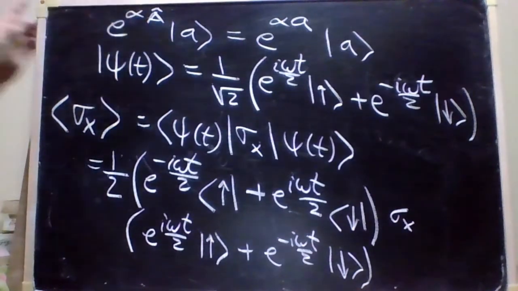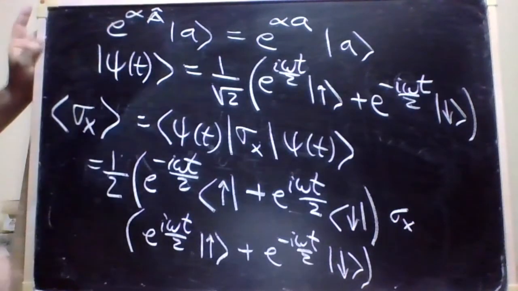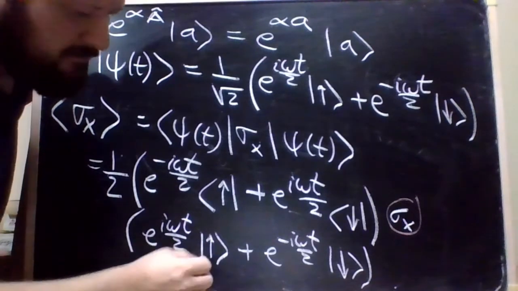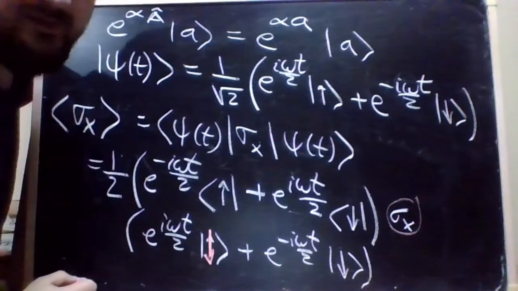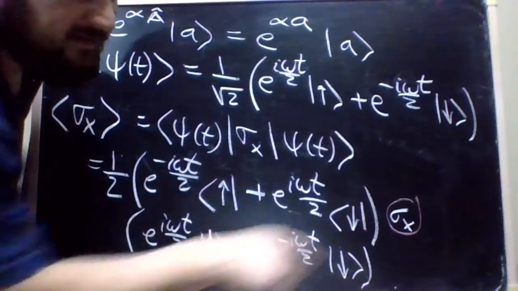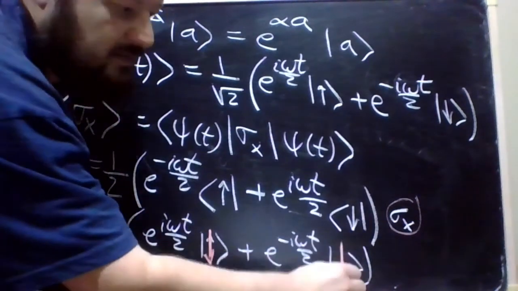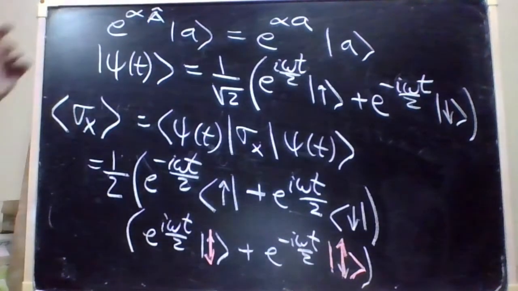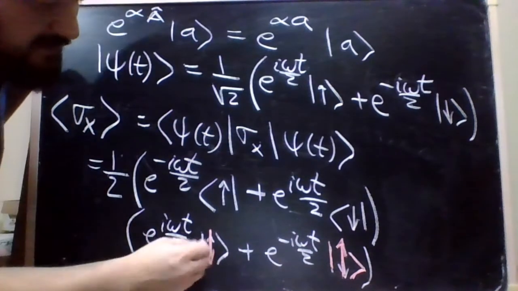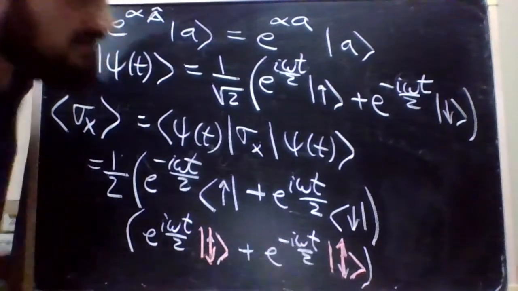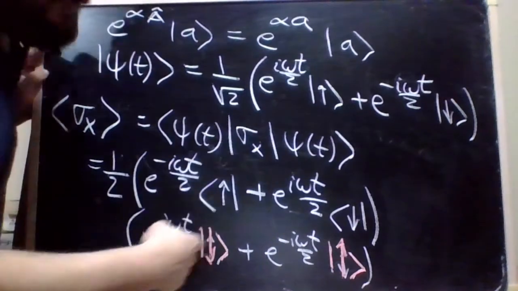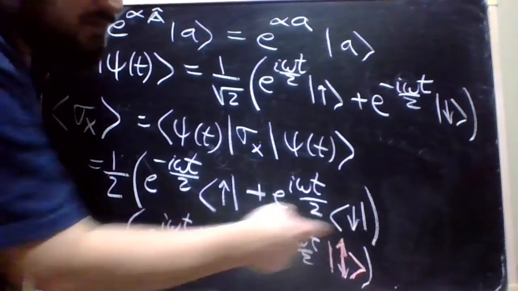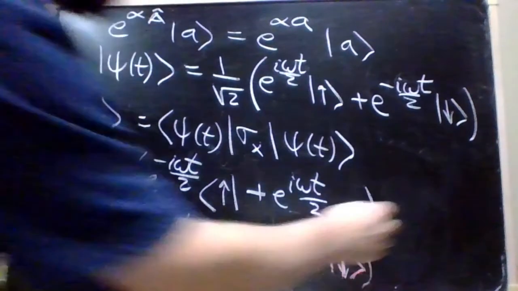All right, so multiply this here. But when you apply the sigma x to both of these terms here, applying this thing here to the up state, it will become the down state, all right? When you apply sigma x to the up state, it becomes the down state. When you apply sigma x to the down state, it becomes the up state because it flips. It just flips. And now I can eliminate that from the equation because I already applied it. So I have a down state here. I have an up state there, right? And now you can calculate the inner products. Up with down is 0, up with up is 1, down with down is 1, down with up is 0. So you find in the end